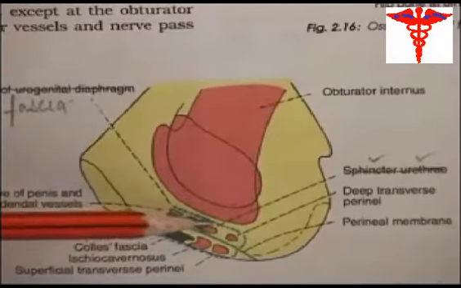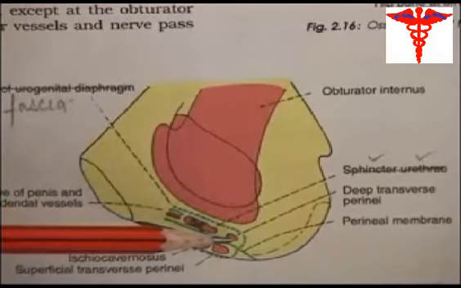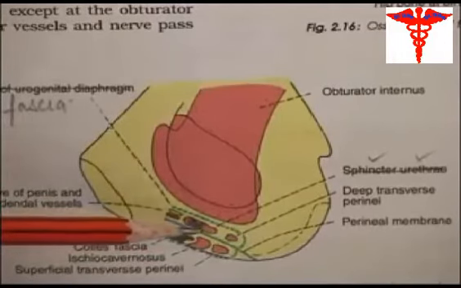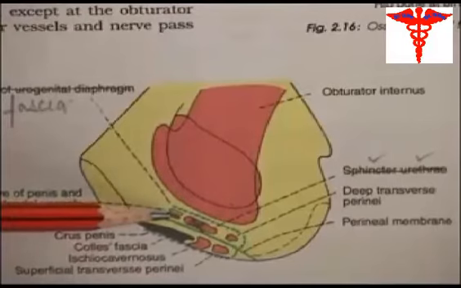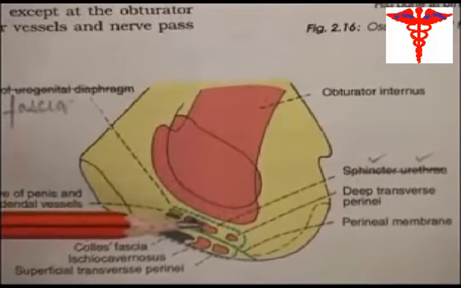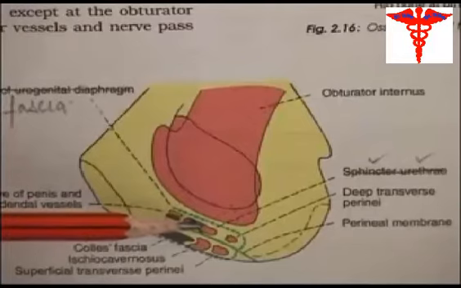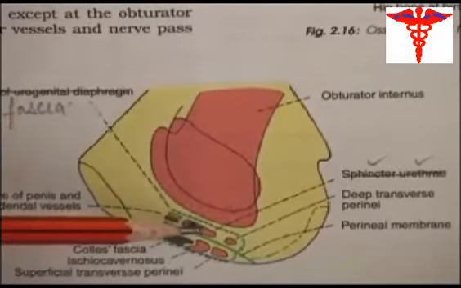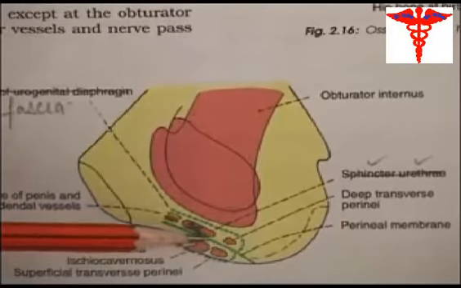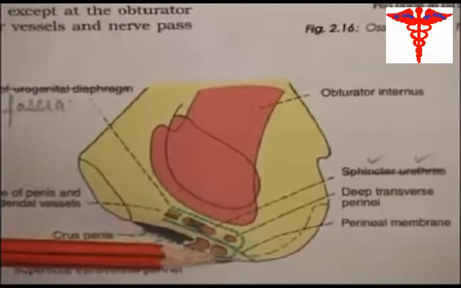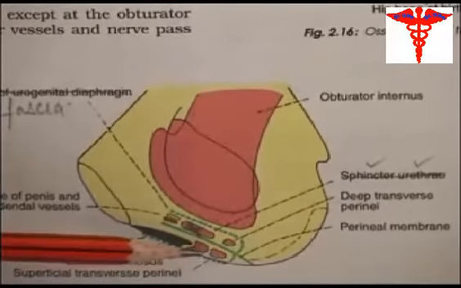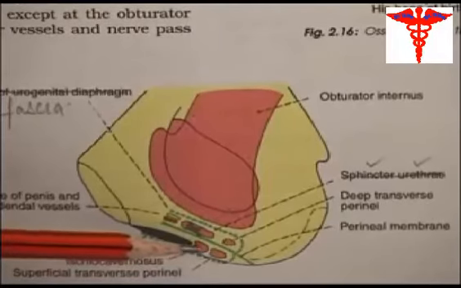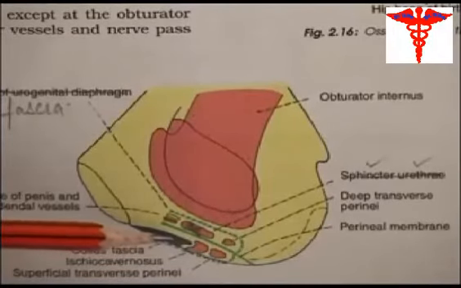The middle area is related to the deep transverse perineal muscle and also related to the dorsal nerve of the penis and internal pudendal vessels. The sphincter urethrae, as of now, is no more attached to the rami; it is within the wall of the urethra. The lower ridge gives attachment to the important perineal membrane, and the lower area is related to the superficial transverse perineal muscle. Ischiocavernosus is attached and it covers the crus penis.